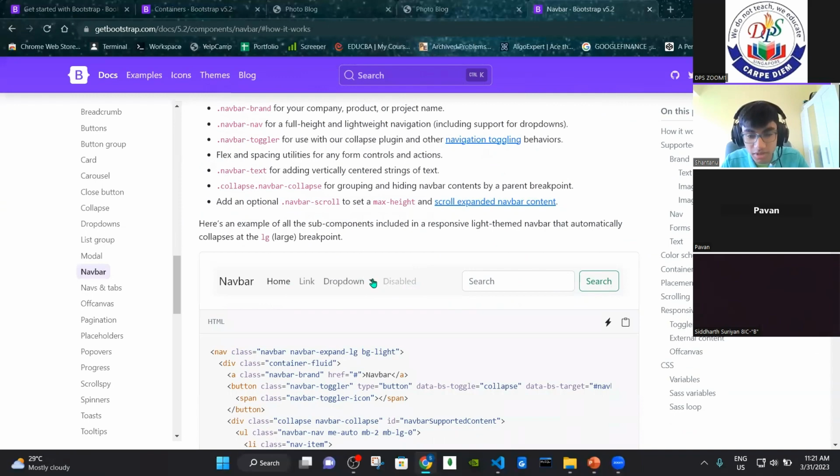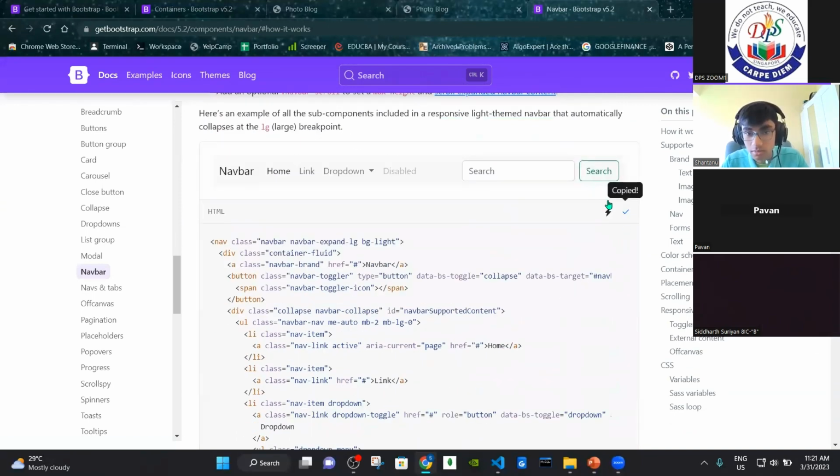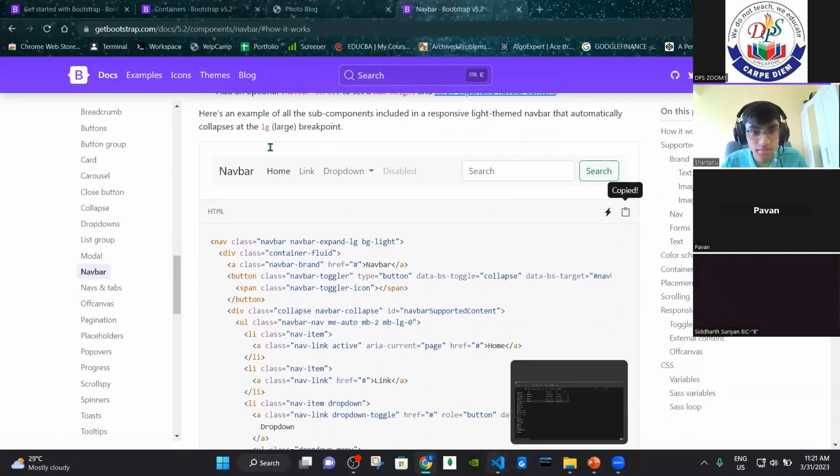So same thing, I'm going to copy from here. You can see this looks very similar. There's the search, and then there's the search field here. So I'm going to copy this. I'm going to go to my file. I'm going to paste it